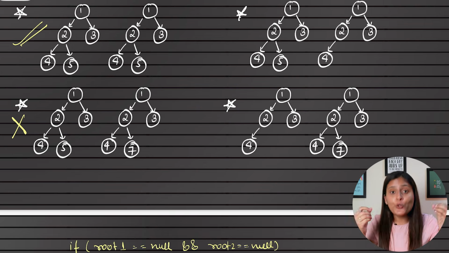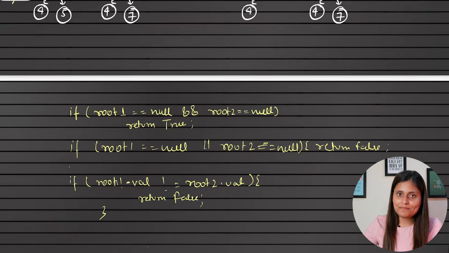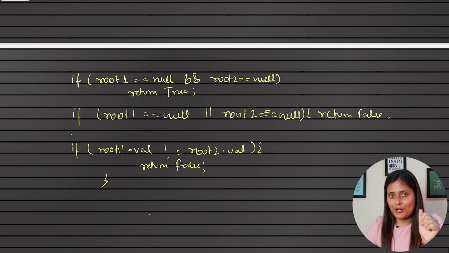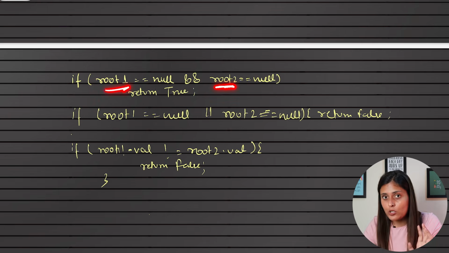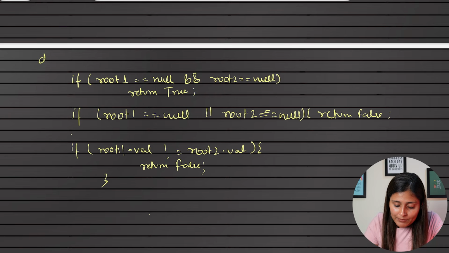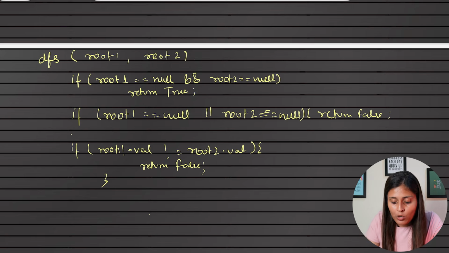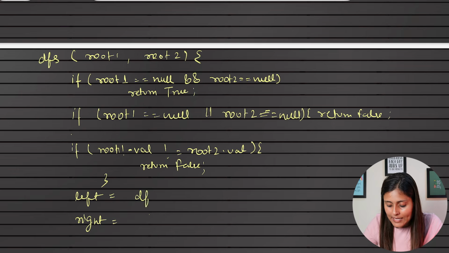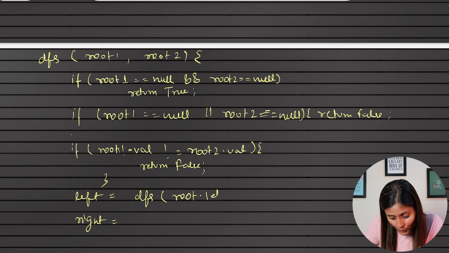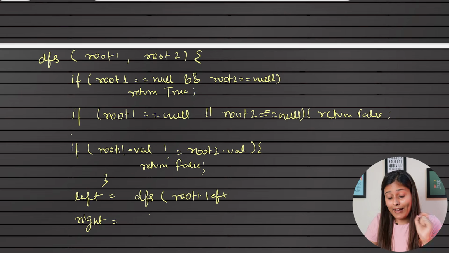So if you want to do it with DFS, we have to call a function. And in every function we want root 1 also, root 2 also. So can I say our function was something like DFS with root 1 also, and root 2 also as parameters. Now when we have to call for left and for right, what will we send? We will call the same function, very good, with root 1 dot left, and along with root 1 dot left,